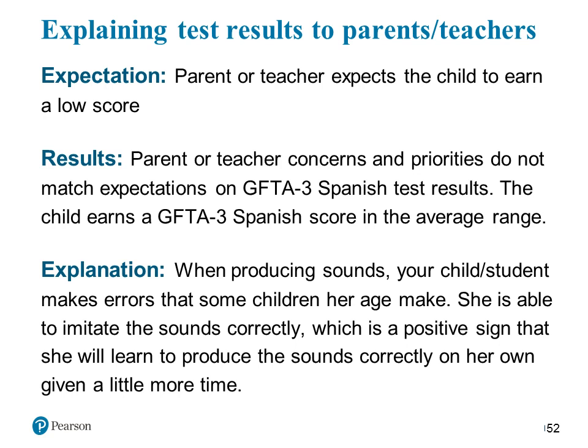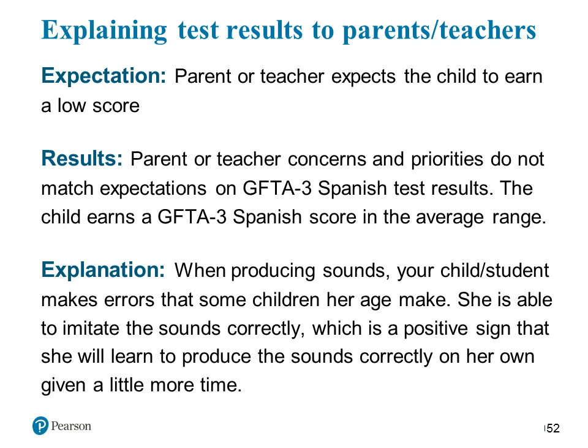The first is explaining test results to parents and teachers. The expectation is that the parent or teacher expects the child to earn a low score. The results are that the parent or teacher concerns and priorities do not match expectations on the GFTA-3 Spanish test results. The child earns a GFTA-3 Spanish score in the average range. The explanation is: